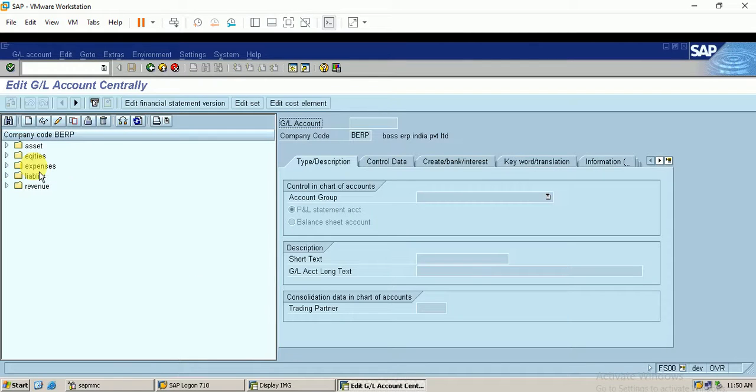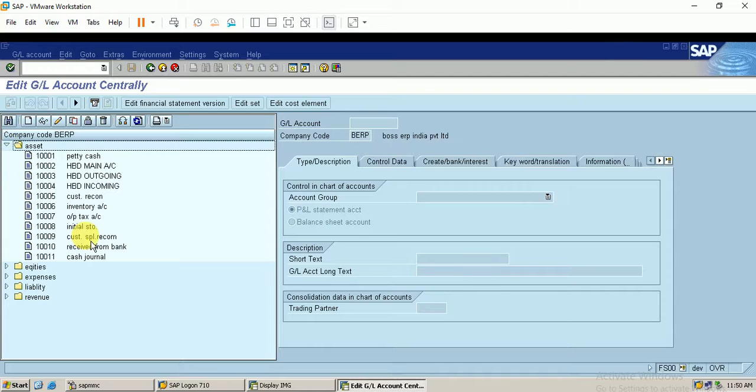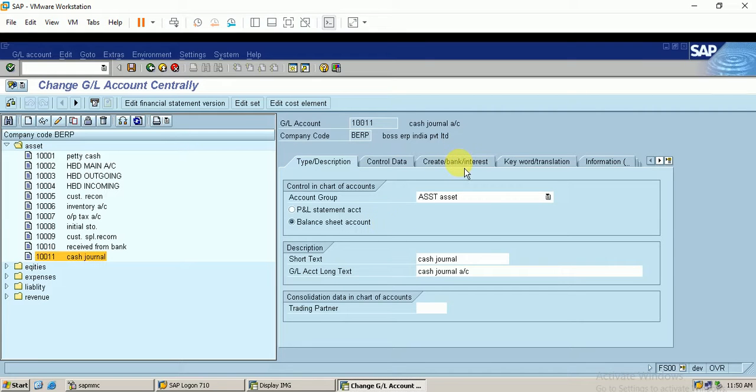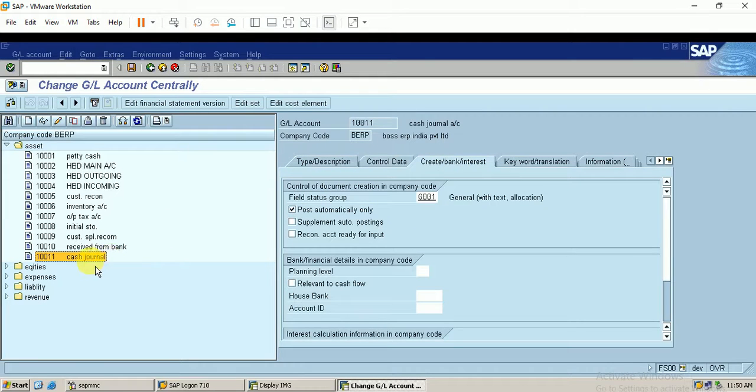Under the group asset, I have created a new account, cash journal. The main difference between this account and our normal petty cash account is that I need to maintain this account as post automatically only, which means during the transaction I will not call this account.